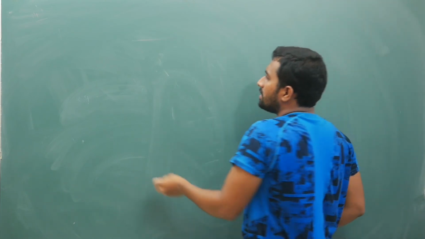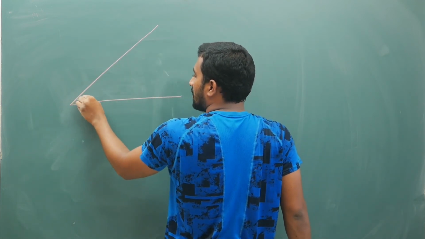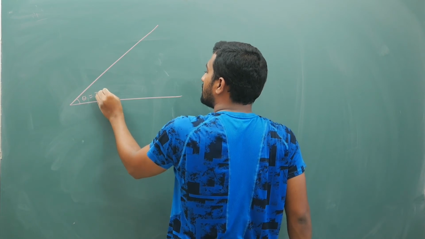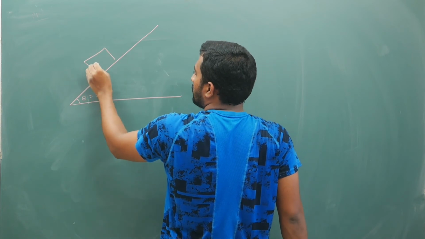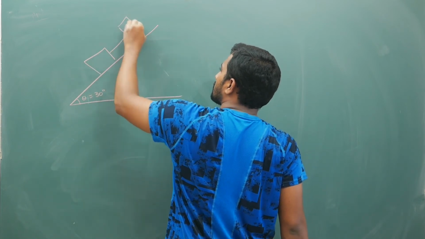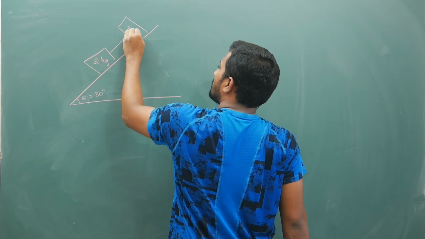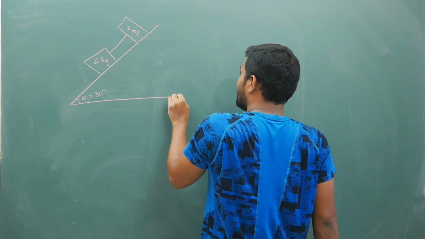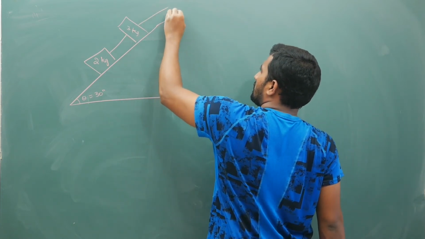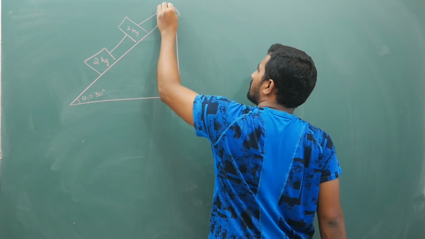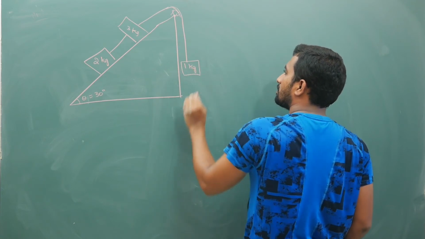So now on this inclined plane, if you are trying to solve the equations, let us say this angle is theta equal to 30 degrees. Let us say you have two blocks, a 2 kg block and a 3 kg block. First we will consider the basic case. There is a pulley here and there is a 1 kg block. Okay.